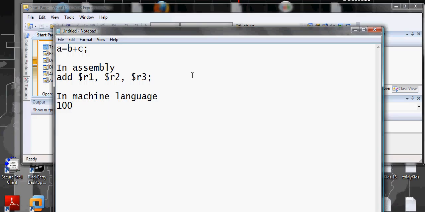The add function would be something like this. I forgot, I don't know, but it would be something like this, and then the register 1 would be something like this. So this is what it will look like. And then the register is pointing to a place in memory, so it will go there and get the value for R3 or C, and then the value of B, which is stored in R2, and then do the addition and store in value A. And then unless this value is stored in a file, it will be lost.